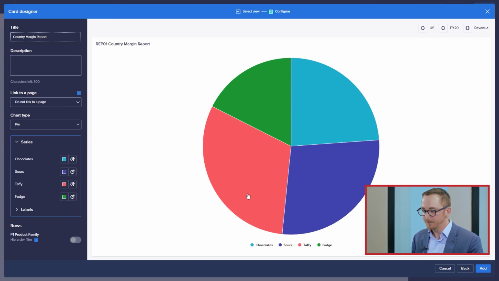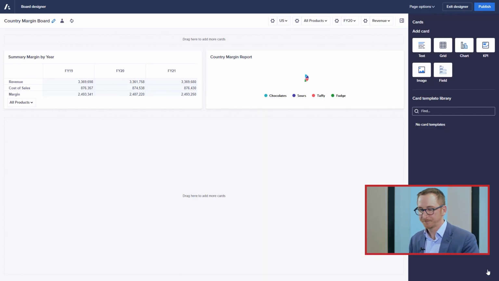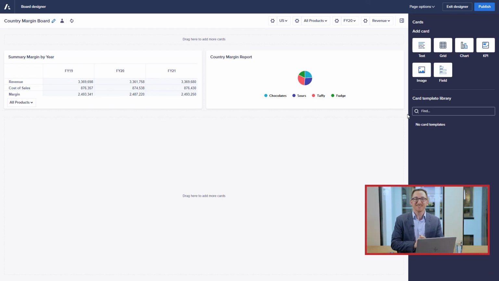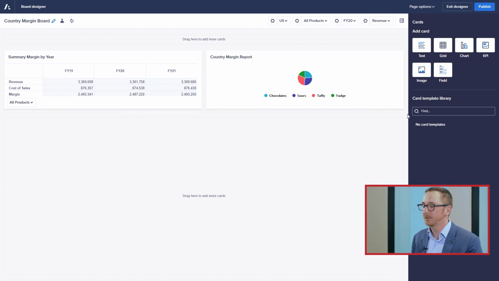Now that we're ready, in the bottom right, you'll see Add. Let's just go ahead and click Add. Isn't that beautiful? Let's keep in mind that we want to save this, but we don't see a save. Instead, we've got to look for that Publish button. So let's click Publish to make sure that we save our work.